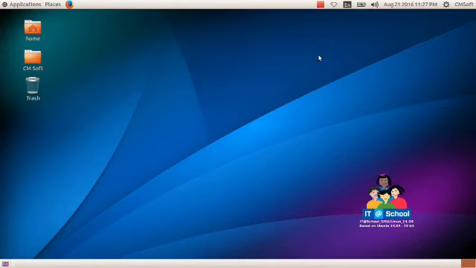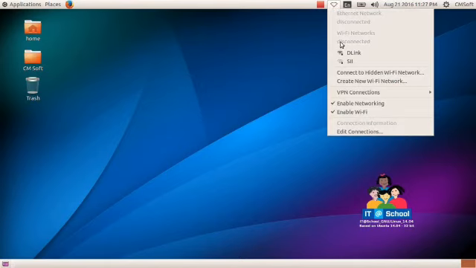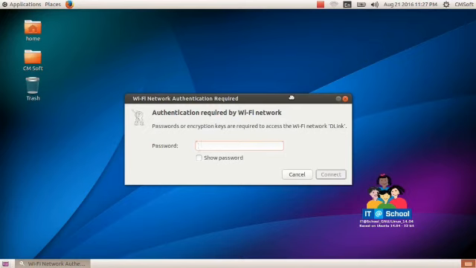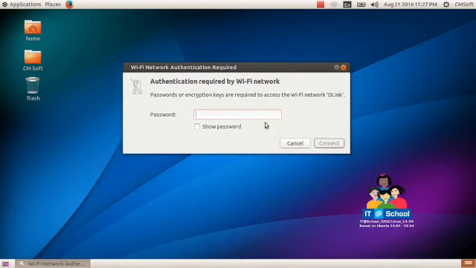Then we are going to learn how to exchange files in the network. First we are going to check how we connect to the network in a system. First click the NM applet. So we get the connection details. So we connect to the Wi-Fi network. If the Wi-Fi network needs a password, give the password.